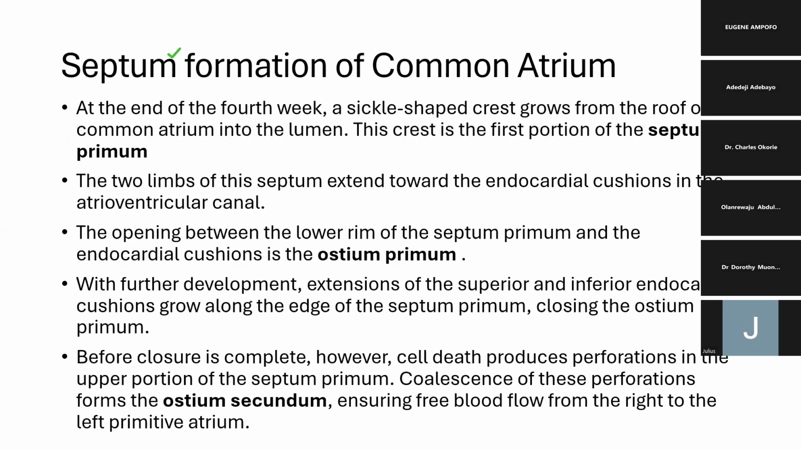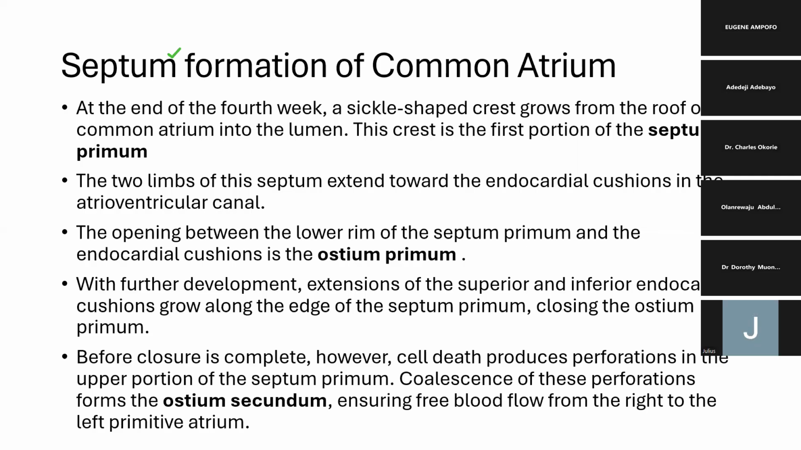For septum formation of the common atrium, at the end of the 4th week, a sickle-shaped crest grows from the roof of the common atrium into the lumen. This crest is the first portion of the septum primum. The two limbs of this septum extend towards the endocardial cushions in the atrioventricular canal. The opening between the lower rim of the septum primum and the endocardial cushions is known as the ostium primum. With further development, extensions of the superior and inferior endocardial cushions grow along the edge of the septum primum, closing the